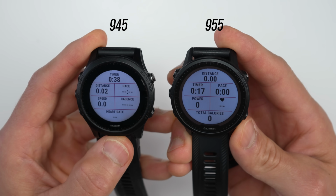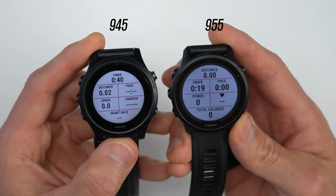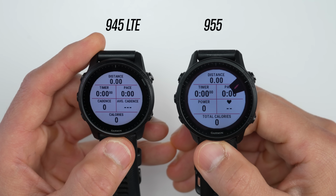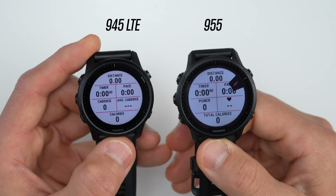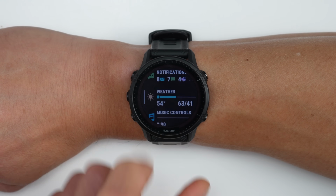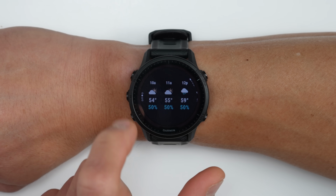And then for the display, the 955 has a 1.3-inch diameter display with a 260 by 260 pixel resolution, which is a bump from the 1.2-inch display with 240 by 240 pixels that's found on the original 945 and the 945 LTE. And then other than solar charging, the other big hardware update is that it now has a touchscreen,